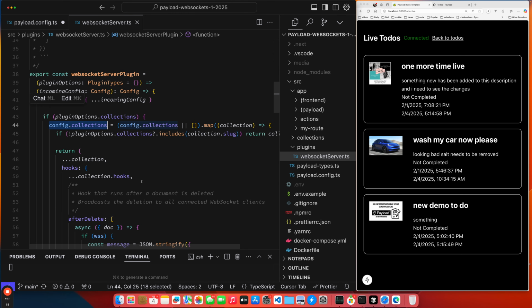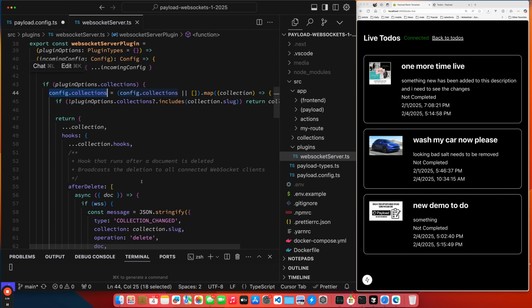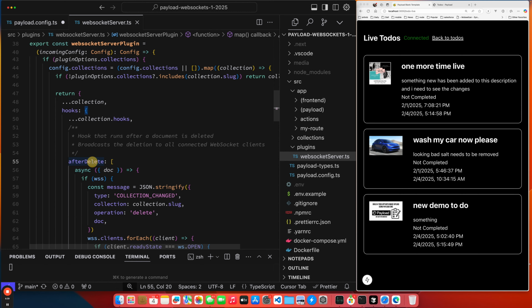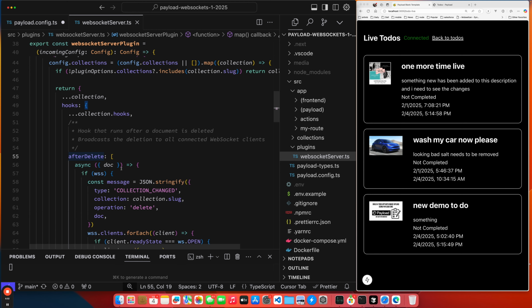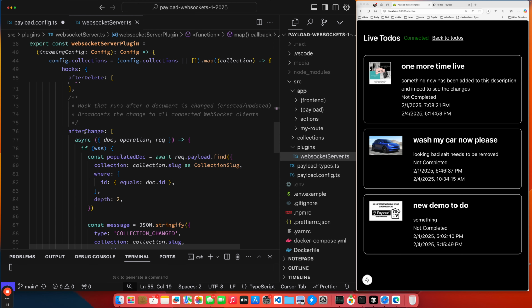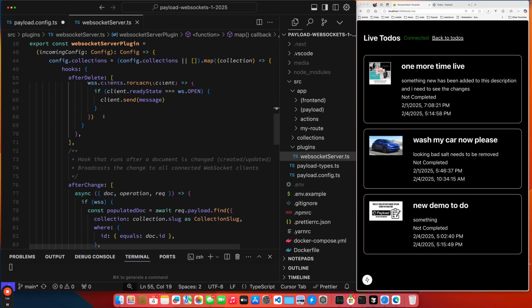So let's go back up to where we were and focus on what we're trying to do. What we're trying to do is hook into our collections through the hooks. The two hooks we're going to focus on are the after delete, so basically after a user deletes an object from a collection, and then after any change in the collection, because we want to focus on the CRUD actions. So the after change will get us the create, the read and the update, and the after delete will get